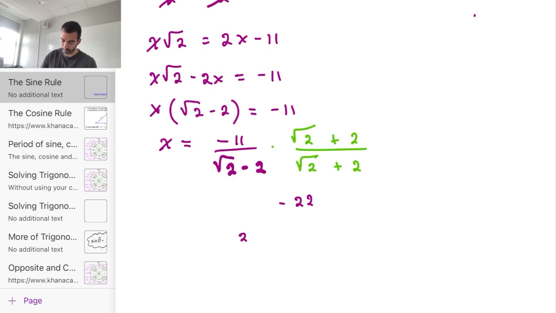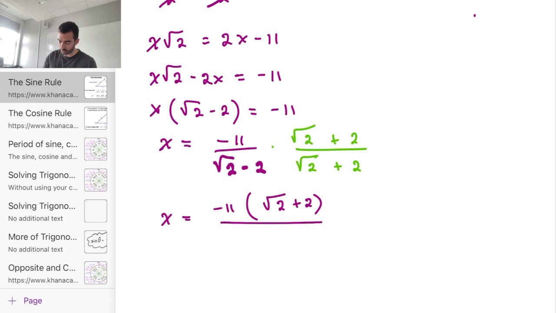And now I've got x is equal to negative 11 times root 2 plus 2, and underneath I have root 2 minus 2 times root 2 plus 2,